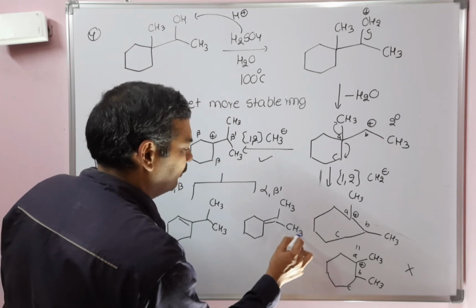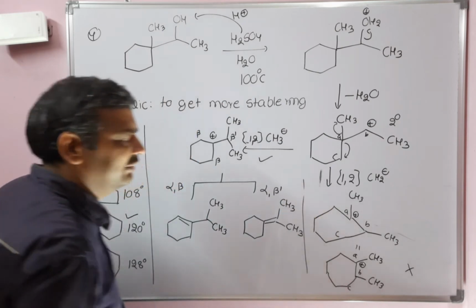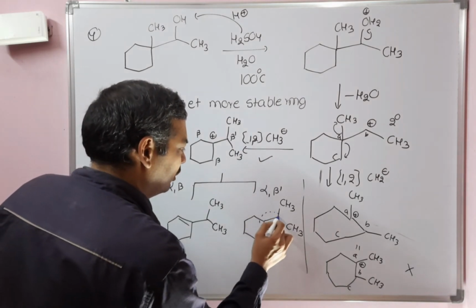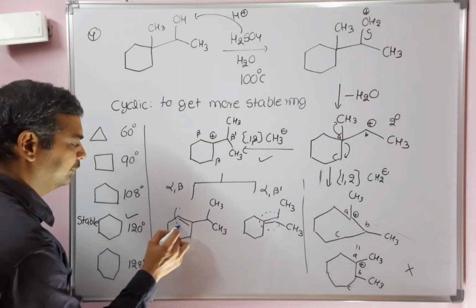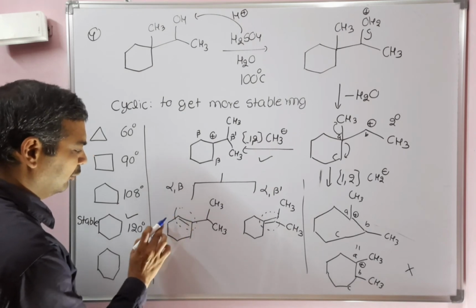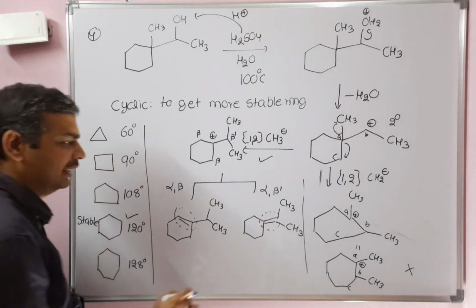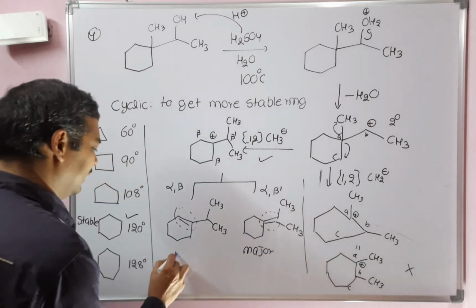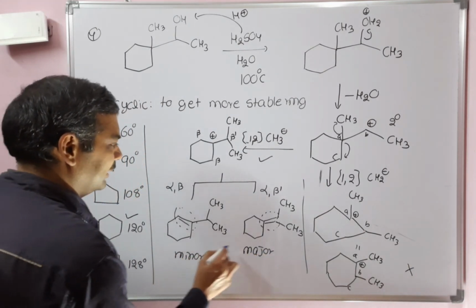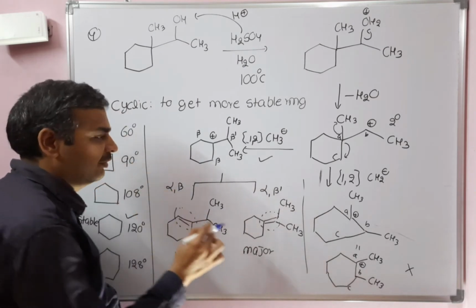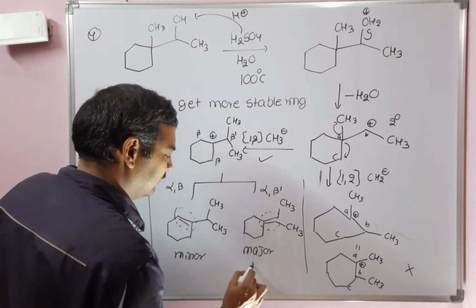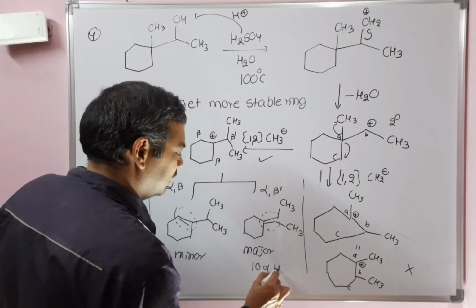Among these two compounds, which is major and which is minor? To know that, see, this is a double bond. On this double bond, four-side attachments are there, while here only 1, 2, 3 substitutions are there. Definitely this is the major product and this is the minor product among these two alkenes. Coming to the count of alpha hydrogens: 3 plus 3 is 6, 6 plus 4 is 10 alpha hydrogens.